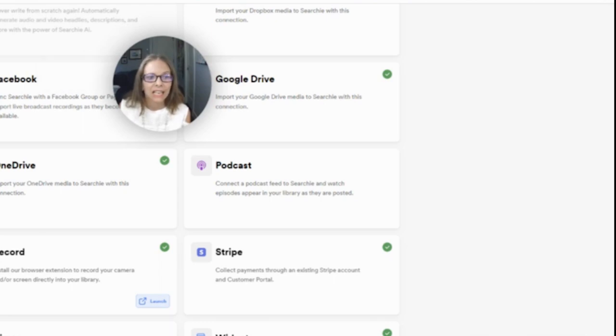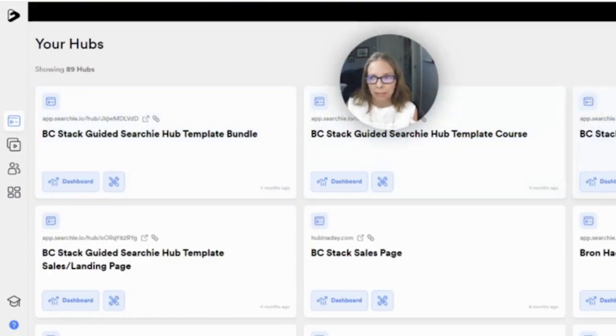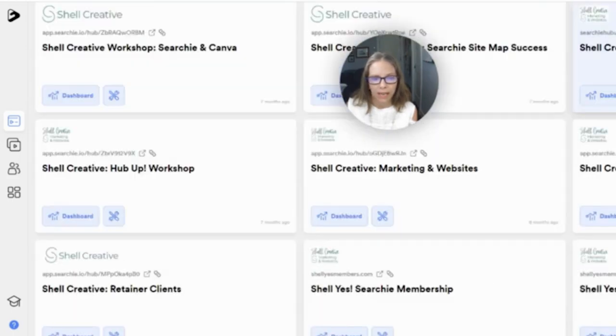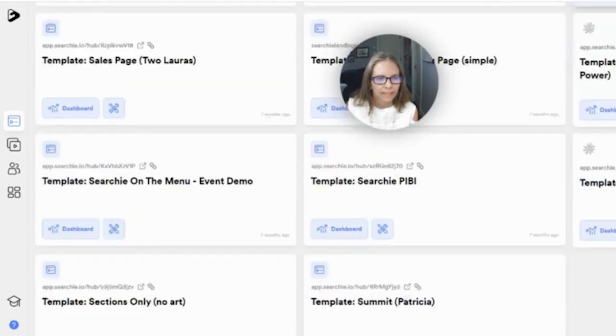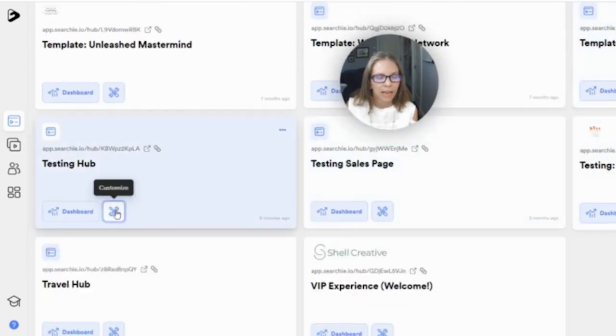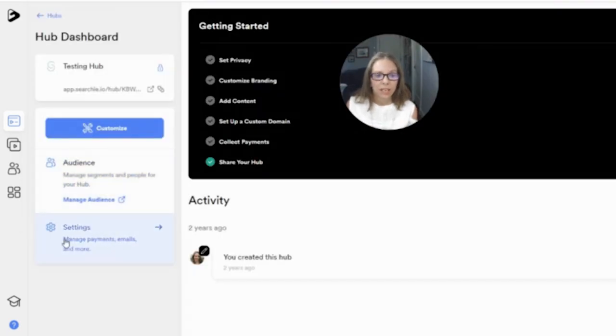Once that's done, then you're going to head into your hub, which you've created. I'm going to come down here to my testing hub, and bear with me here, and I'm going to go to the dashboard. I have two options here. Customize takes me directly into my Searchy Hub, and dashboard takes me into some of the settings. So this is my testing hub, and I'm going to go into the settings where I can manage payment, email,